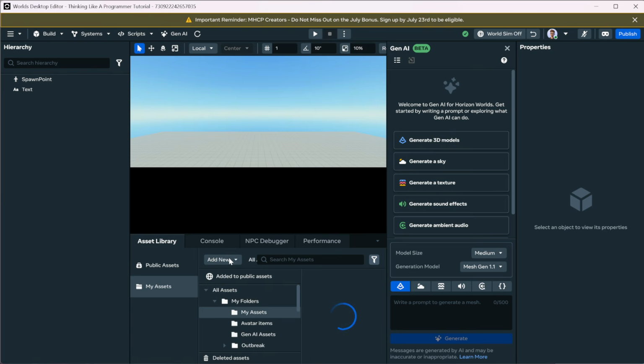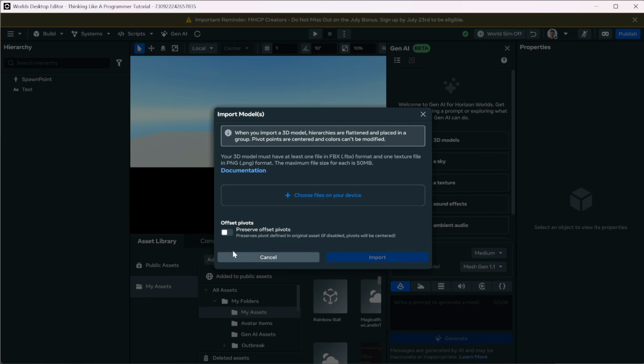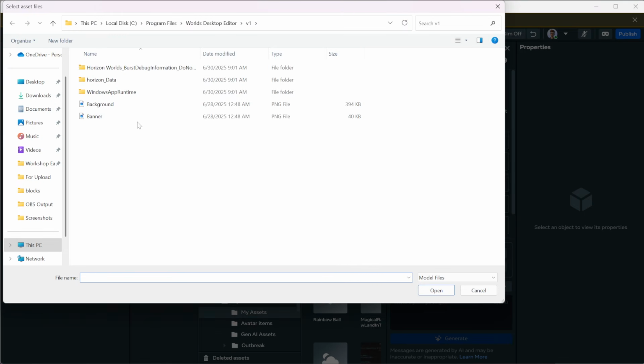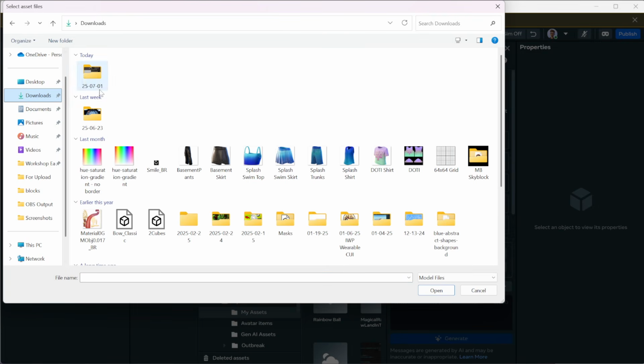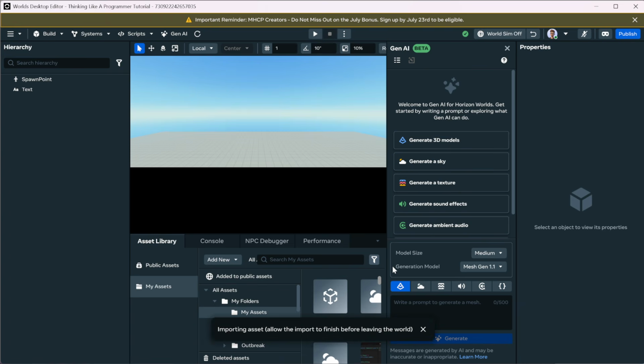My Assets, and we're going to add a new 3D model. And we're not going to preserve offset pivots, we're just going to choose the file. And this is the easiest way to add a model that you've gotten from the internet. So you just select the FBX file, press Open, press Import. And because these are not PNG, and